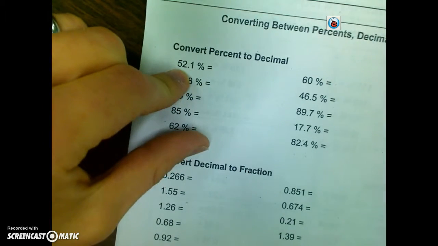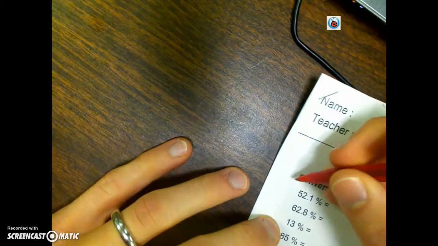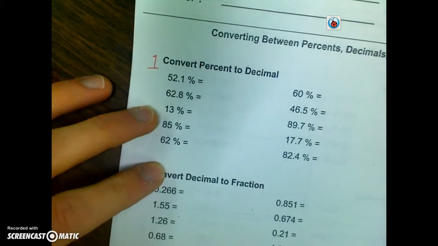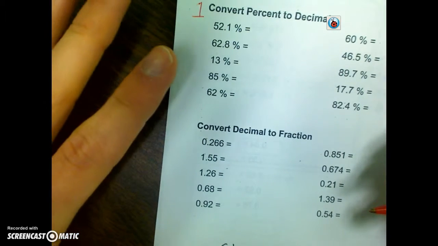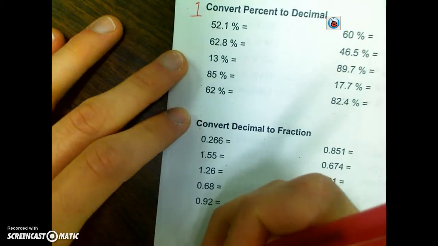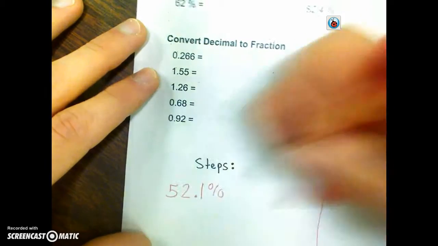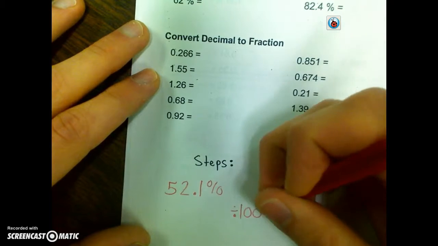If we're trying to convert percent to decimal, we'll split this into two sections. This is section 1, converting percent to decimal. There are two ways to think about it. If we wanted to use our mental math skills, say we're looking at the first example, 52.1%. In order to turn something into a decimal, we always want to just divide